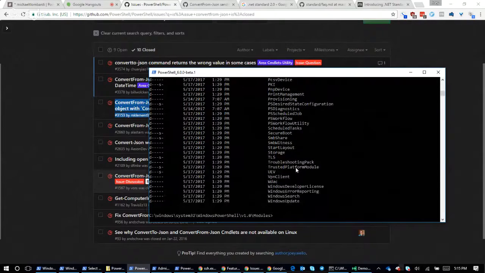Yeah, that's all CDXML. But if you try to load it today and say, hey, I have this required assembly, if that assembly was in the same directory as the module, it would try to load that, and if it was standard compliant, it would just... it's not in there, it's in the GAC. And so what we have to do is implement some hacks that basically say, hey, I'm trying to load a Windows PowerShell module. Can you go look in these well-known directories to load some DLLs that are probably where they should be if they're in the GAC, right? So that's something that we're working through right now.